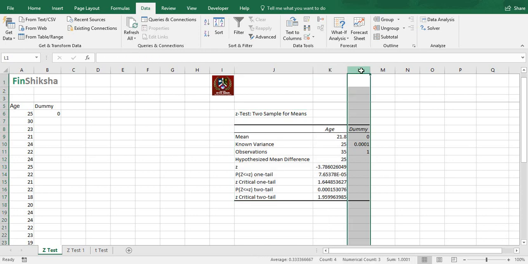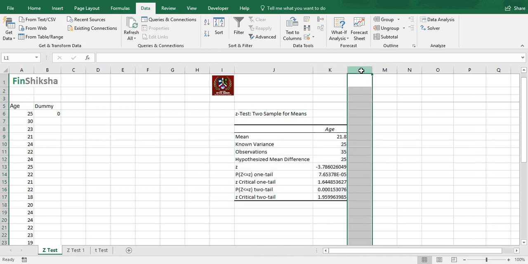For dummy, it does not make sense, so you can delete dummy. Unless there are two separate variables, it does not make sense. So the mean of this entire data set is 21.8, and our mean was 25. Now how do we interpret this?